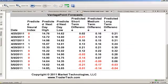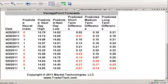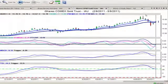Day traders, you're going to be looking at 1485, 1490. But your medium and longer term traders here, looking at this chart, we should certainly, I would think, in the days and weeks ahead, easily be able to push over that 1500 mark. I would think we can see these two lone candles up here close to the 16 mark. That would be, for a medium term trader, a target I would be looking at,